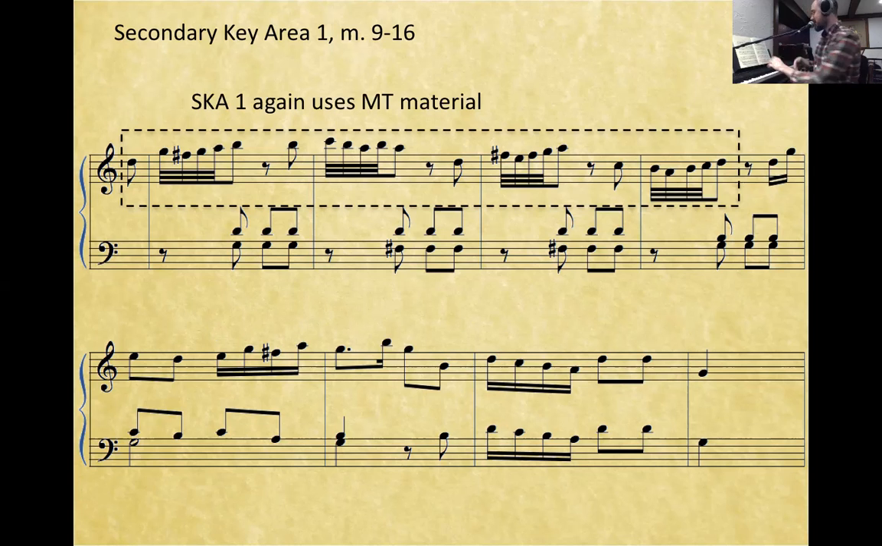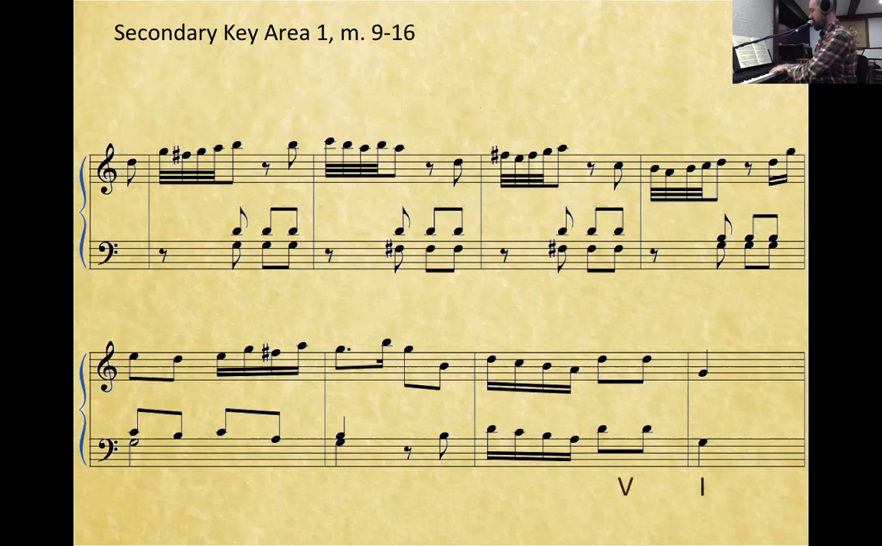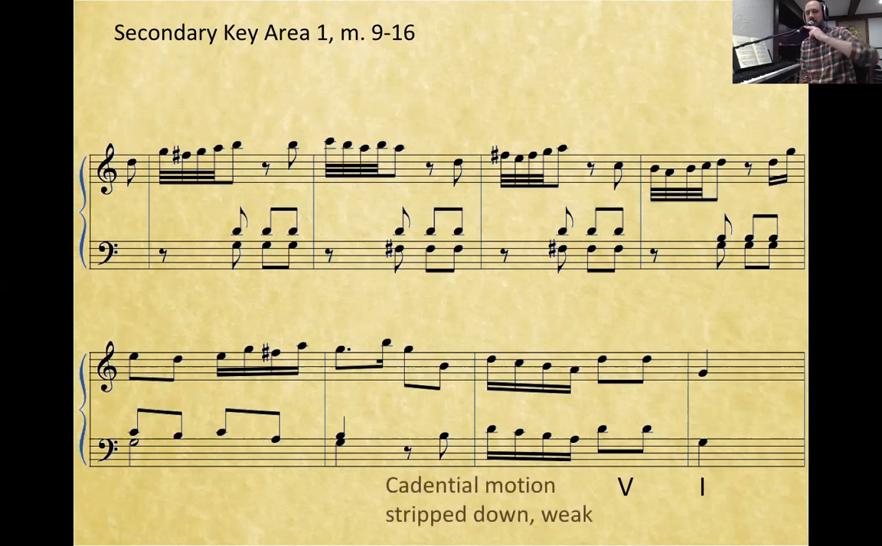For much of this, he's had these fairly built-up harmonic ideas, right? Big chords, right? It's sort of big, and then by the end, we definitely can kind of hear a cadence, right? We get this 5-1 motion, but it's not like we have this big, bombastic, chord-filled cadential idea. No. We have this majorly stripped down and kind of weak cadential motion, which is really critical